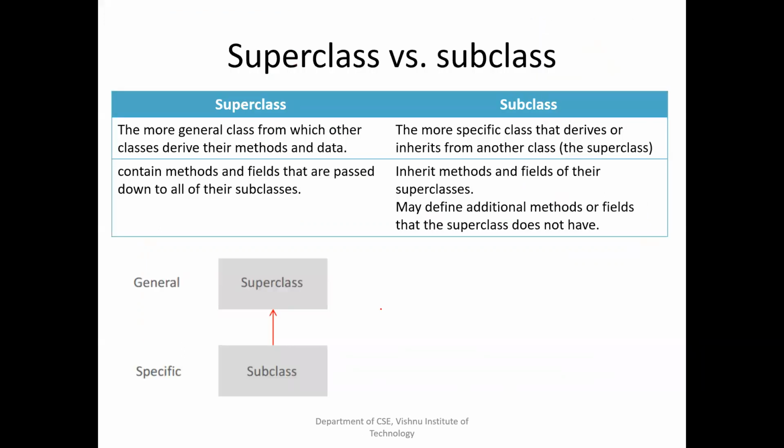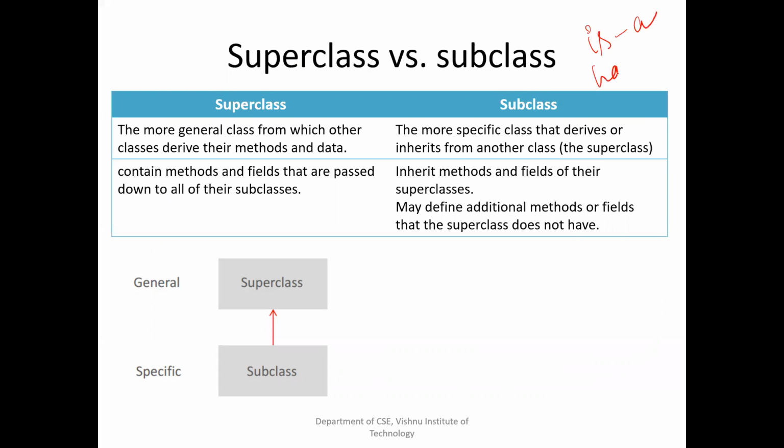So when you design subclass and superclass, the most specific classes are designed as subclasses. Next immediate parents are next generic, and the topmost class is the generic class. Okay, and in Java